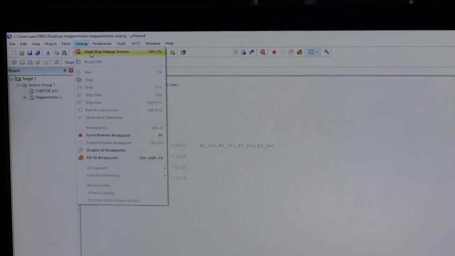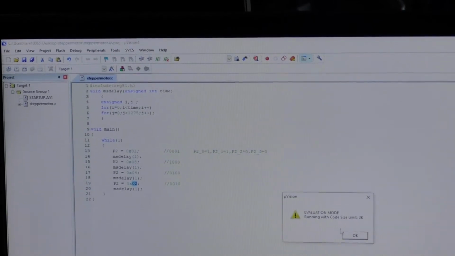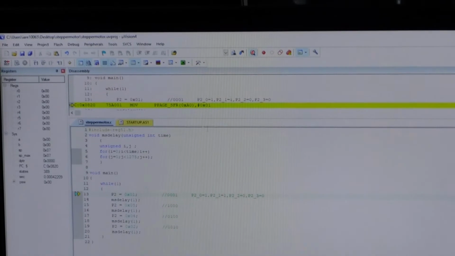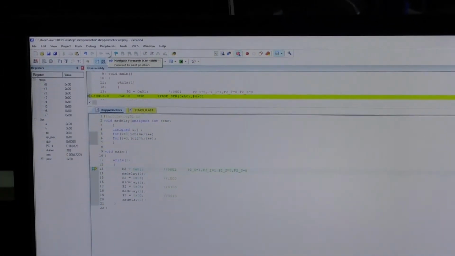Go to the Debug and start the debug session. Click on OK. Choose the Peripherals.